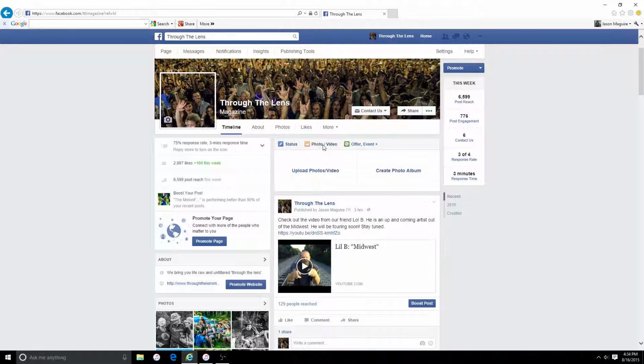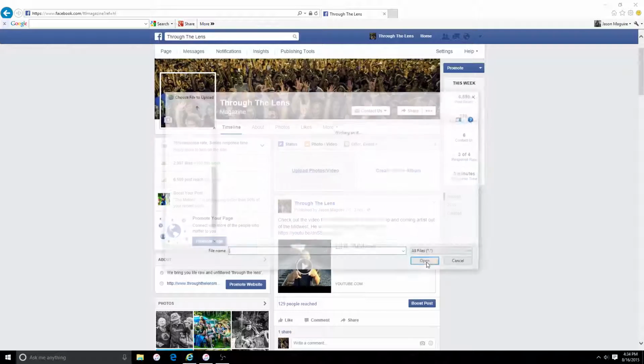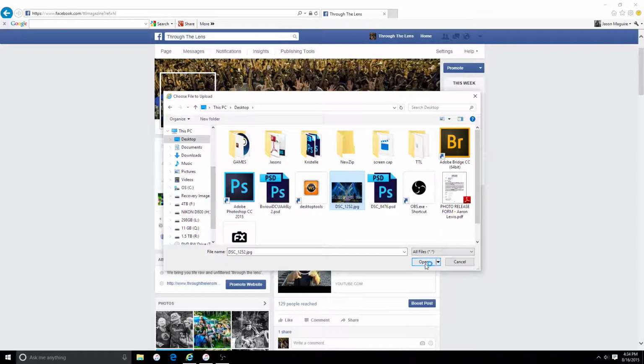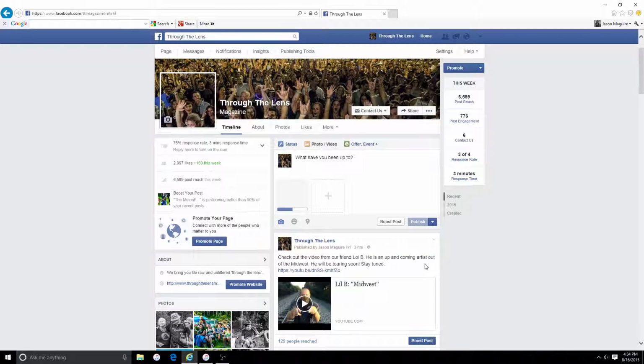But I'm going to go ahead and post a picture here to show you guys how to do this. So let's go to my desktop. I'm going to post this particular picture here. This is a picture that Crystal took of me shooting the sound check for Blue October a while back. Say something over here, nice and witty. Great shot